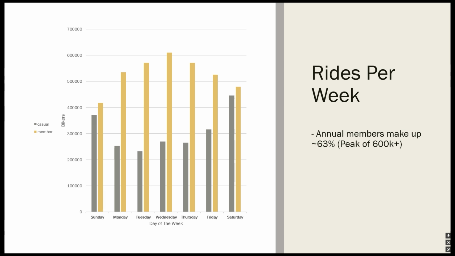Taking a look at the shape, the annual members follow a hill type of progression, while casual members follow a U-shaped progression throughout the week. This means that casual users are more likely to use the bikes only during the weekends. During the weekdays, there's a big drop in usage for casual members, while for annual members there's a rise in the use of the bikes, highly likely due to annual members using it to commute for work and school.